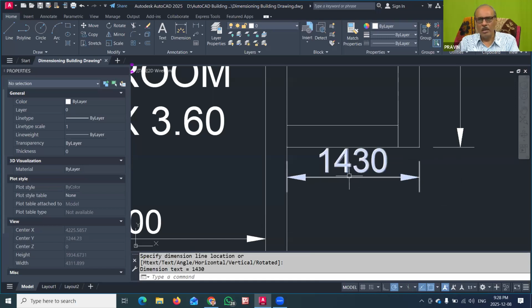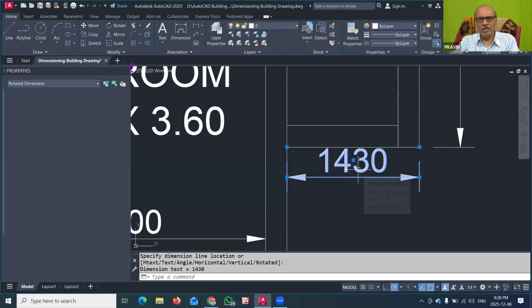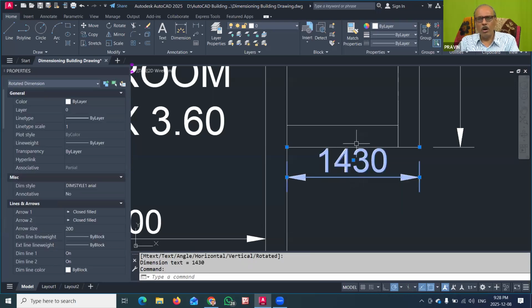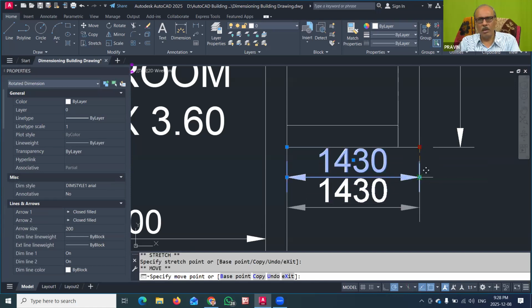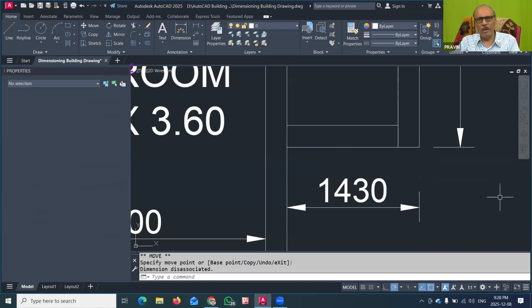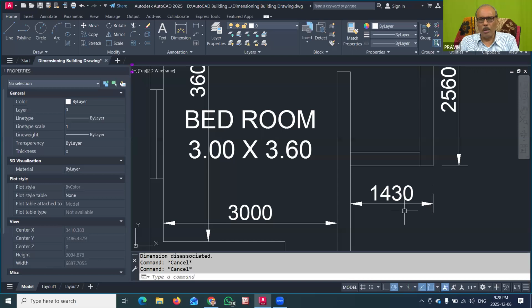Once this is done, and you feel that the text is attaching to that object, what you can do is use this dot grip mode and move this a little bit aside, and you can keep it here also. So the dimension is proper, but I have just moved it aside from that room wall.